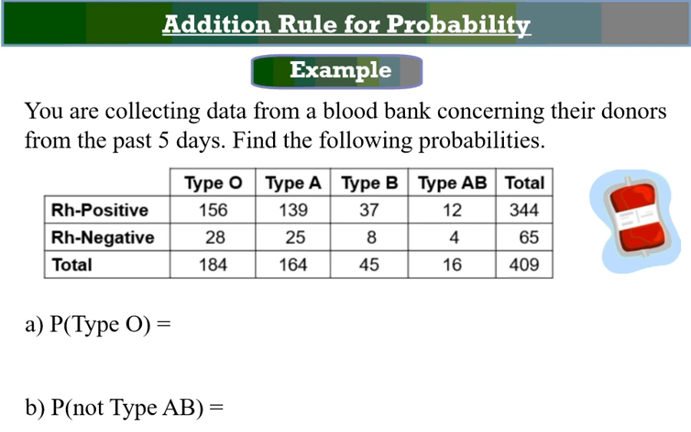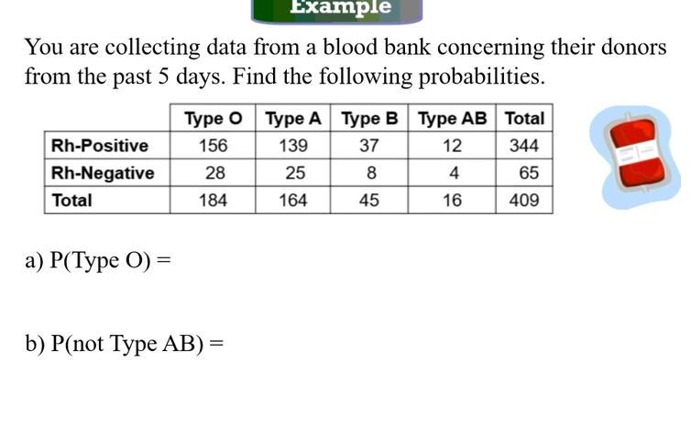We can also use this in doing a two-way table. So we're going to do an example from the medical field of this. You're collecting data from a blood bank concerning their donors from the past 5 days. Find the probabilities of the following. What's the probability that someone has type O blood? Well, this is just making sure that you can read the table. There's 184 people that have type O blood, and there were 409 that came in. So 184 divided by 409, that's about 45% of the population